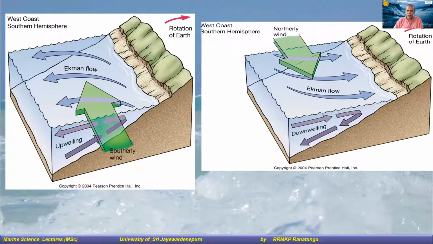I don't think you have heard this term, upwelling, but this concept is very important. I'll come to that later on. The opposite happens if the wind is blowing from the north, since the movement will be towards the beach, bringing the surface water here, and that will push the surface water to the bottom, resulting in a concept called downwelling. Now, the important thing here, especially in upwelling, is these nutrients are usually heavier, right?